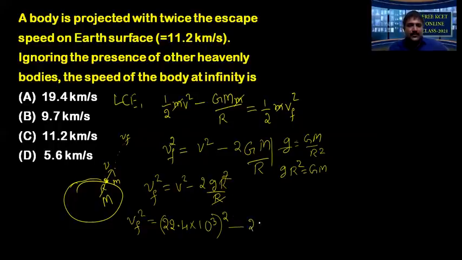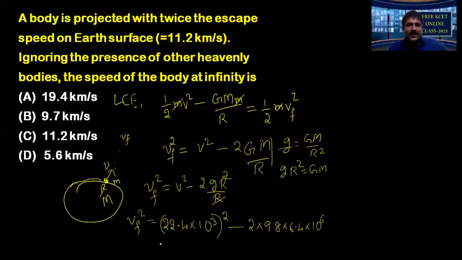So it is 2g, g value 9.8, you can take 10 also, no problem. R square by R remains. Radius of Earth 6400 standard number. I write 6.4 into 10 power 6. 6400 kilometer, when written in meters, it is 6.4 into 10 power 6 meter.